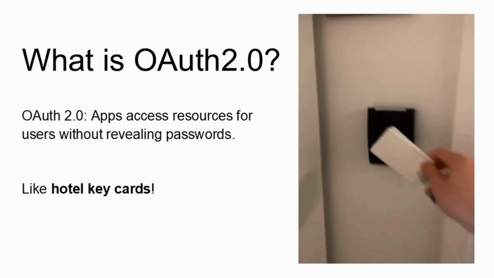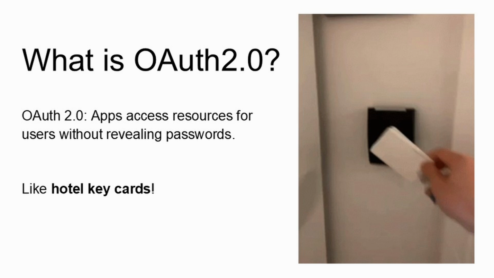When LinkedIn wants to access user data through Google, Google will only provide access to whatever resources LinkedIn is authorized to use, and not the entire user data. So the IDP provides the service provider with an access token.